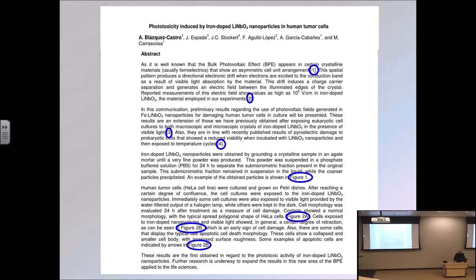Also notice they refer to figure 1 and figure 2. Once again, the figures don't go with the abstract when it's standalone. So the person reading this has no idea what figure 1 and 2 look like. And it's not necessary. If it's an abstract for an article, then the idea is they'll see the references and the figures later on. So you don't need to cite them yet. If it's a presentation, then they have to come to your presentation to see what the references, figures and tables are.